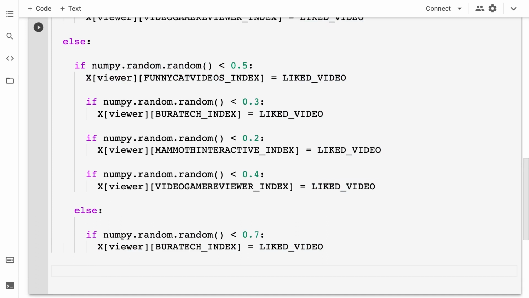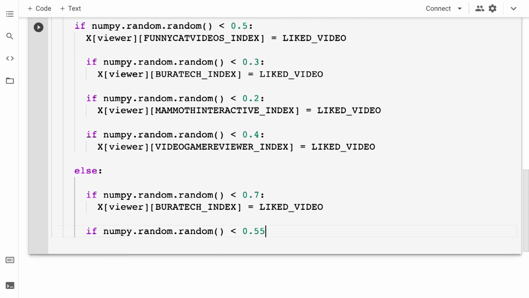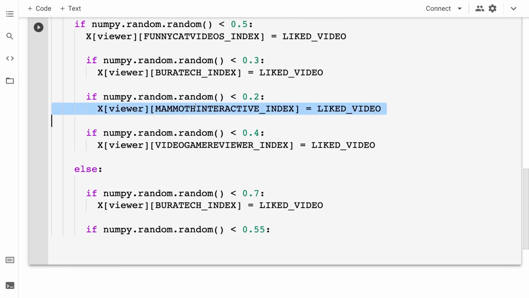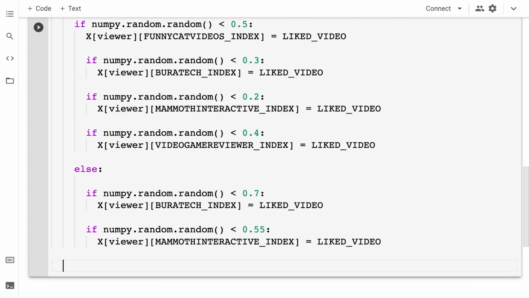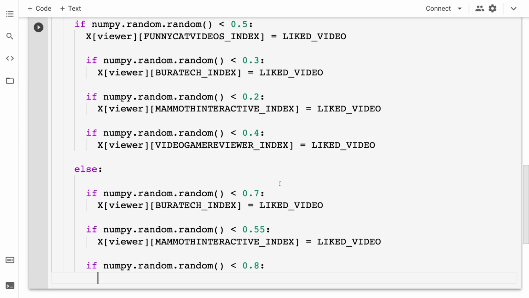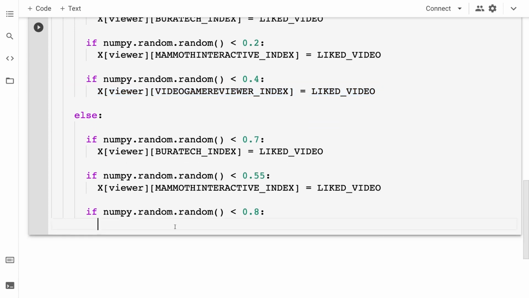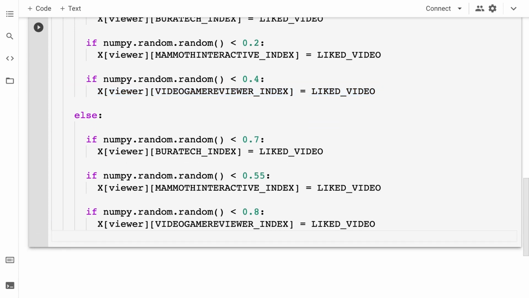Then I'm going to add another if statement. I'm going to check if numpy.random.random is less than 0.55. Then I am going to set our next channel, which is Mammoth Interactive, to liked video, so 55% of the time. And we have one more channel to handle. So if numpy.random.random is less than 0.8, then we're going to set the video game reviewer column to liked.